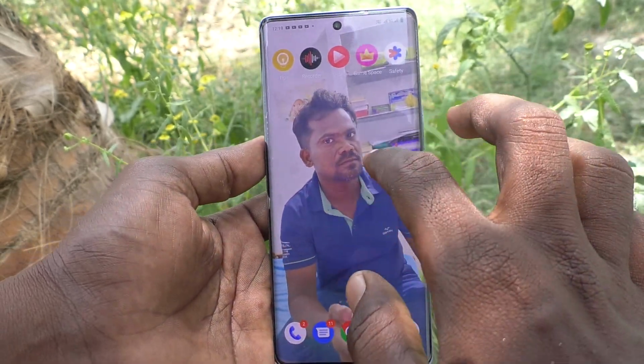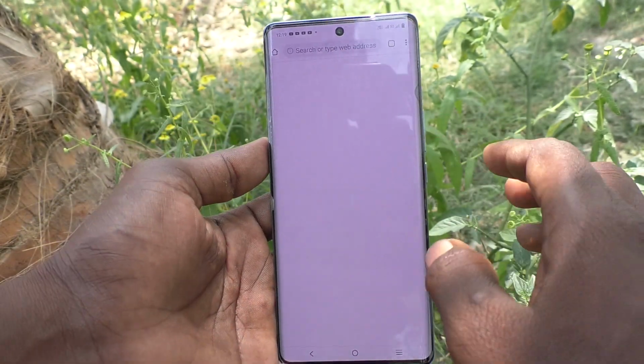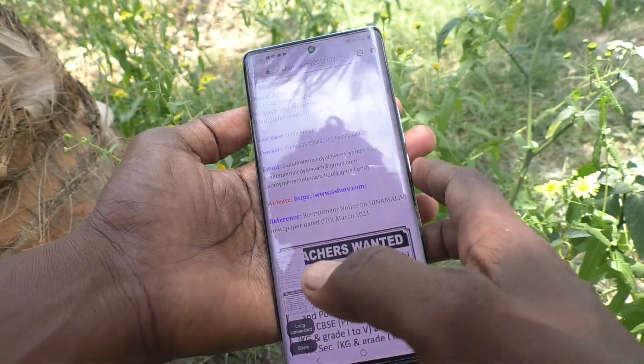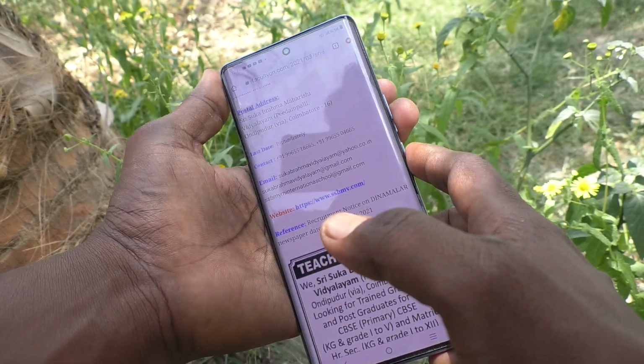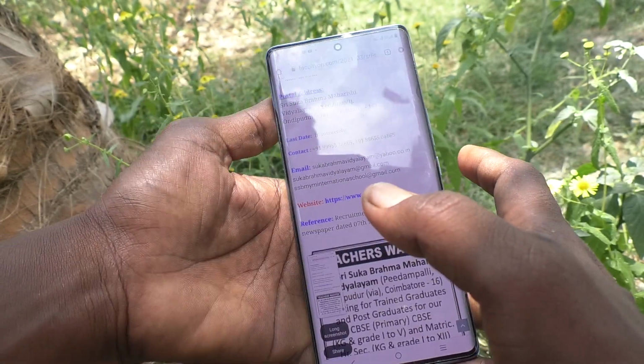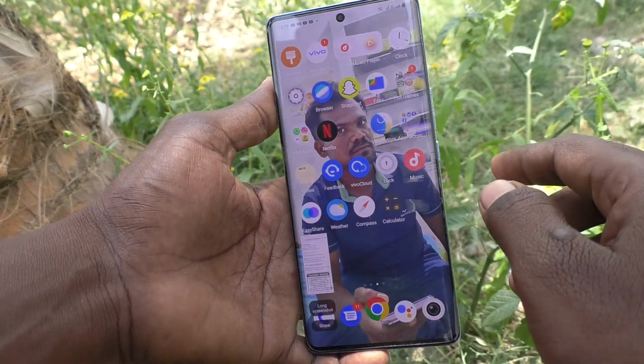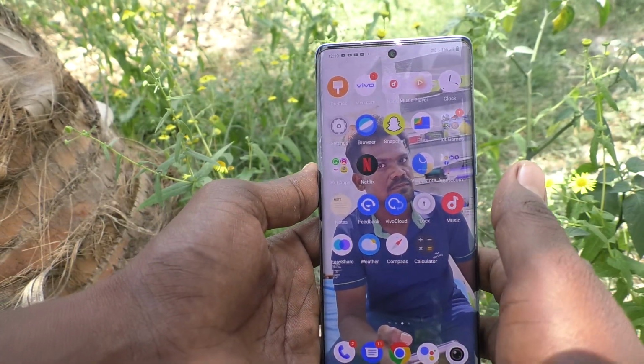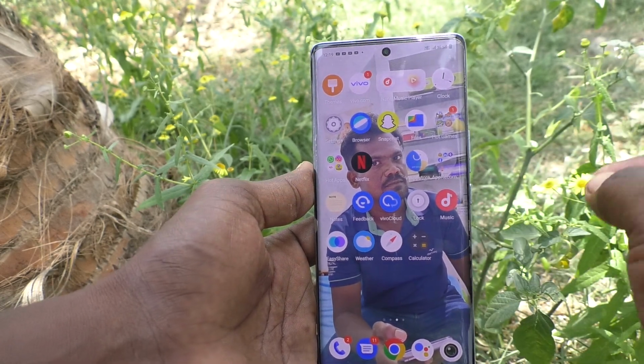Usually, you will take screenshots using several methods like three finger swiping down or using volume down button and power button together. So whatever method you use, there's no problem. But if you would like to access the screenshot, if you would like to go to the particular screenshot that